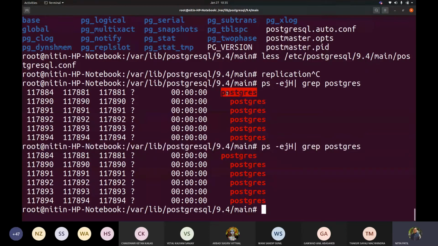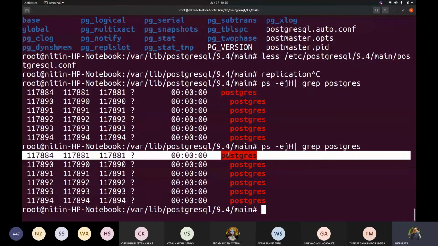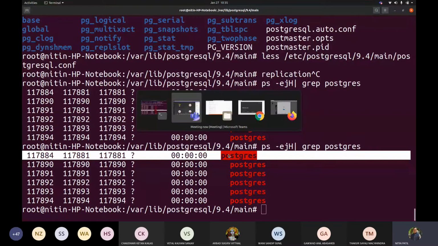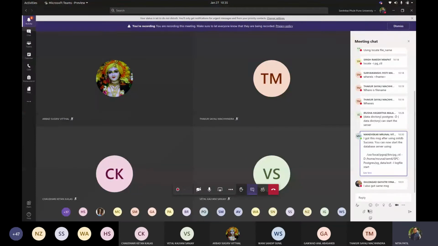This might be, for example, the default cluster, and this might be a new cluster that you have created. So how exactly can I define that? That is the reason, if you see in the comment box what Mrunal stated. She got this message. While you write this -D, while you start the service, you are specifying which data directory should be picked for the server to work with.